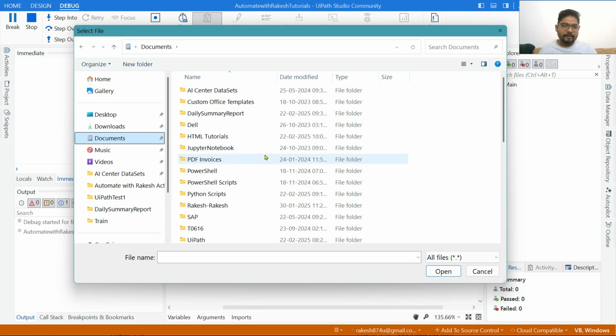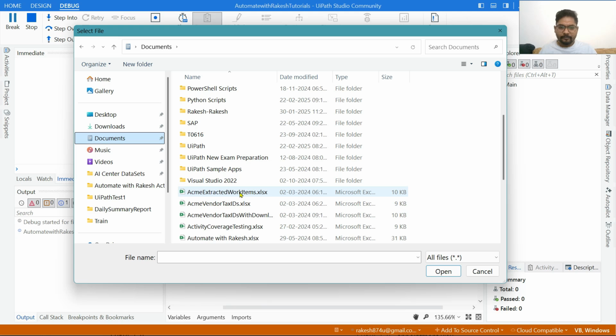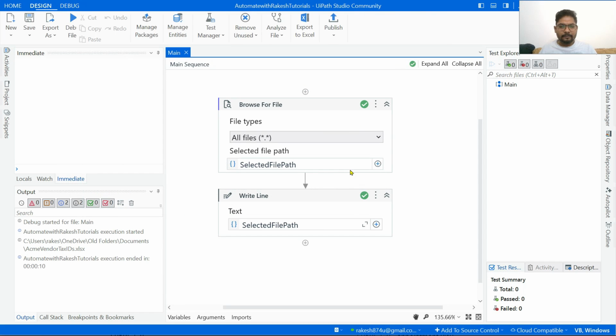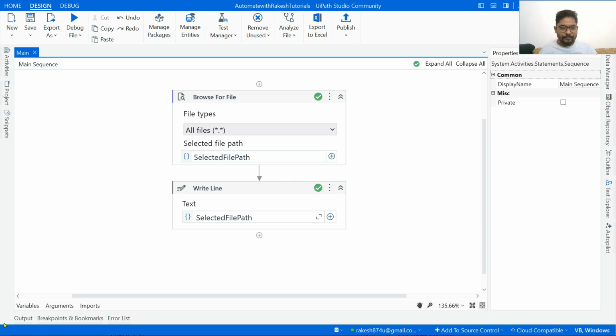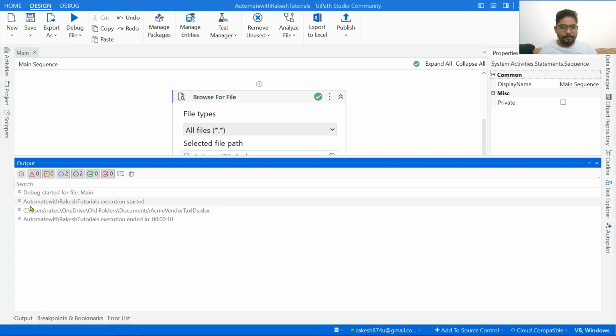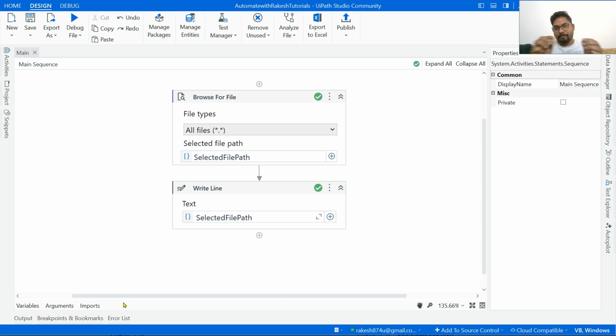Let me select a particular file. And you see, in the output panel, the entire path of the file has been captured. So this way, in your workflow, you can use that path